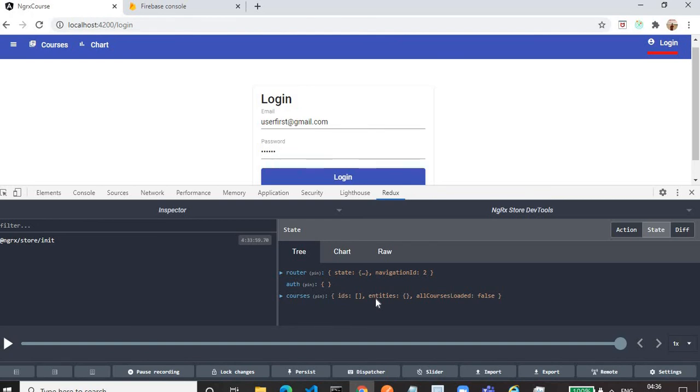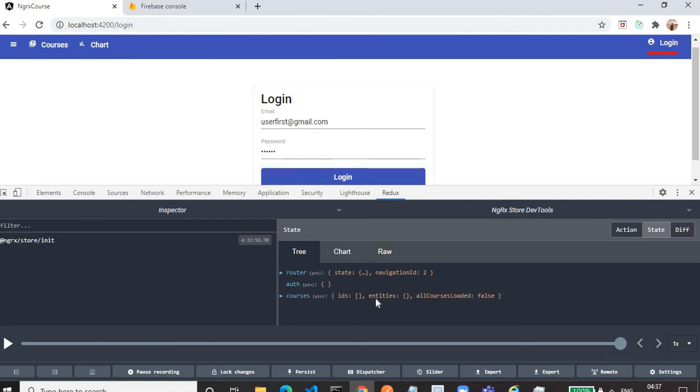In the older school approach, we have to write a lot of code to manipulate the array. But in the new approach, the entity approach, we just have to call the adapter functions to manipulate the array. We'll see what those adapter functions are in a moment.